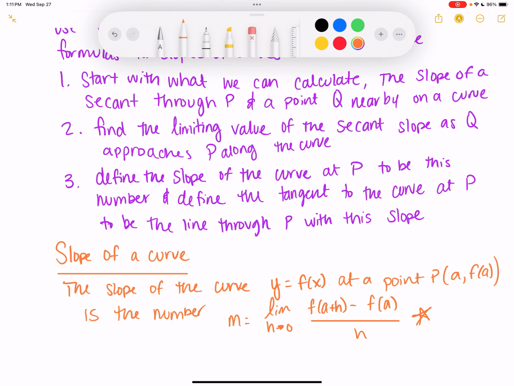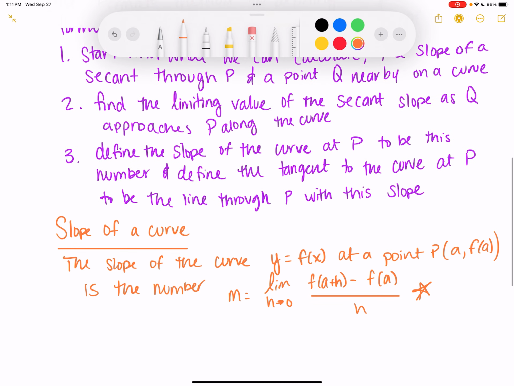That's one of those that you need to make sure you know, provided the limit exists. Now, I think we may have seen that formula last year briefly when we did a little bit of calculus in pre-cal. We may have already seen that formula this year, I don't remember, but